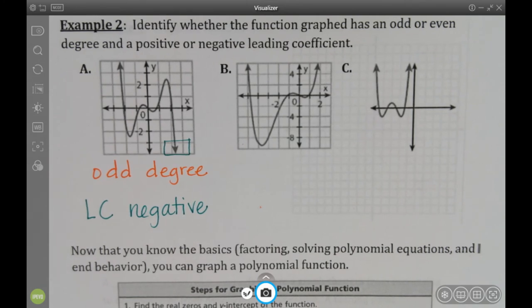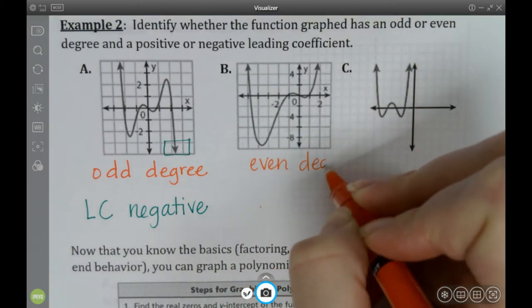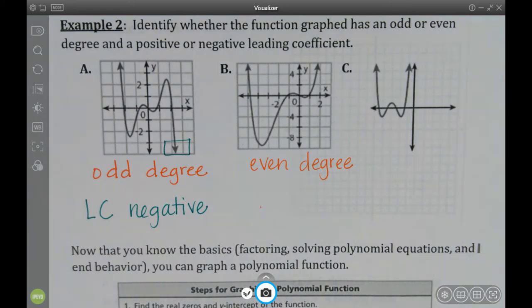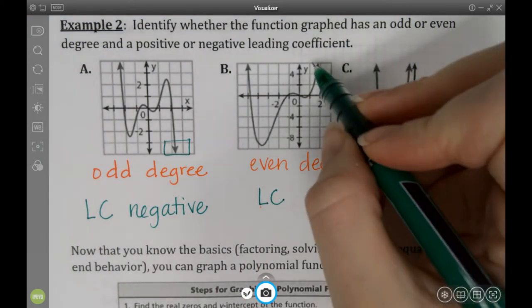Okay, part B, even degree or odd degree? Why even? Because it does go up. They're going in the same direction, so it's an even degree. My leading coefficient,